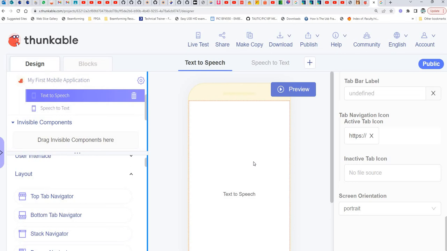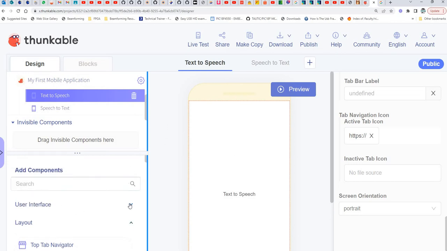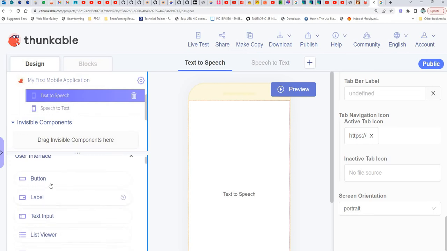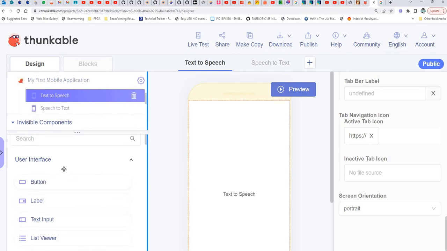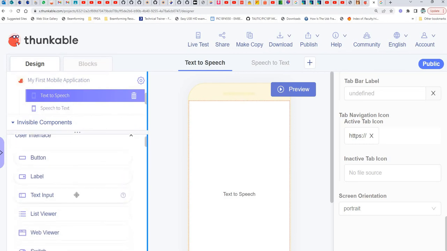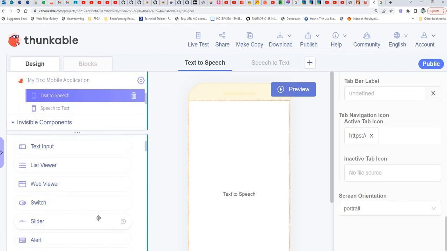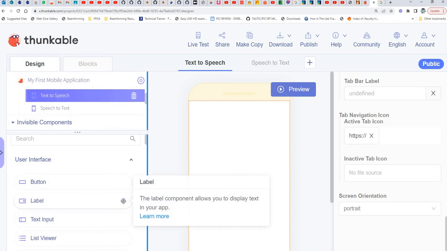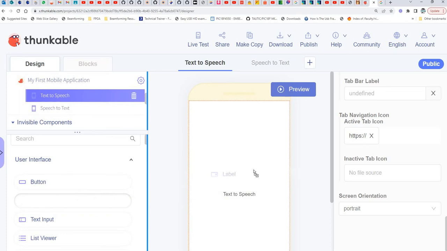Now on the first page, we just want to try to include under the user interface layout. So if you look at under the user interface layout, let me just drag it back. There are buttons, there are labels, there are text input, and so many other things that are there. So if you look at label, what is label? The label component allows you to display text in your app. So let us include a label, a simple label, right? So drag and drop it here,